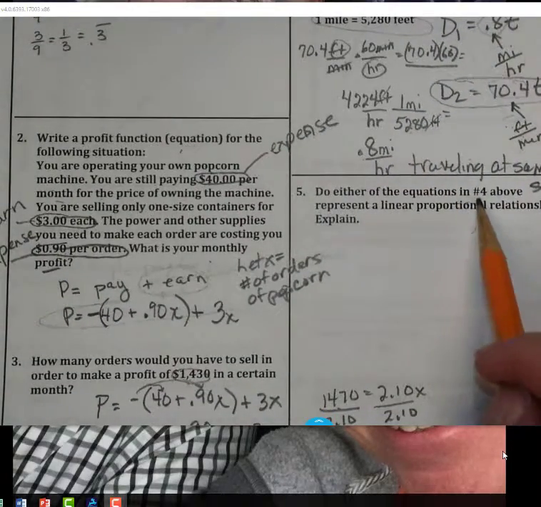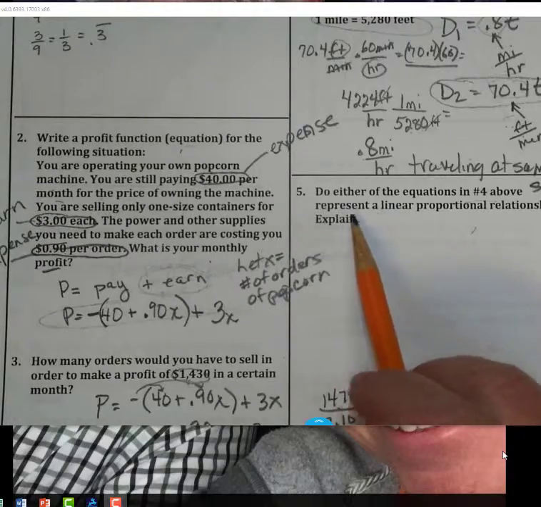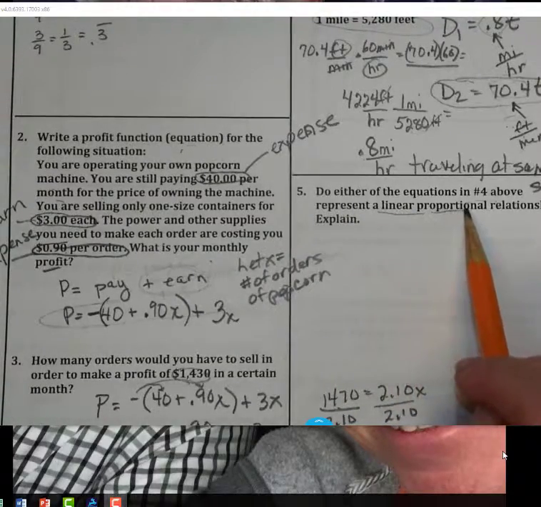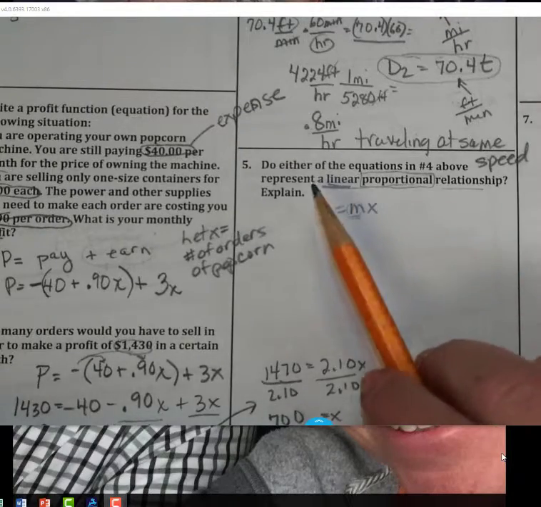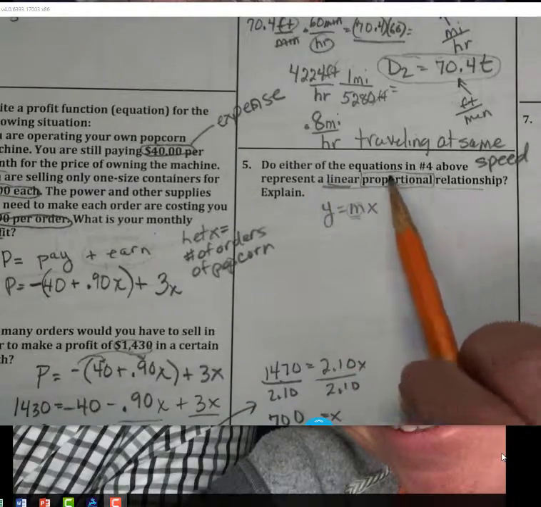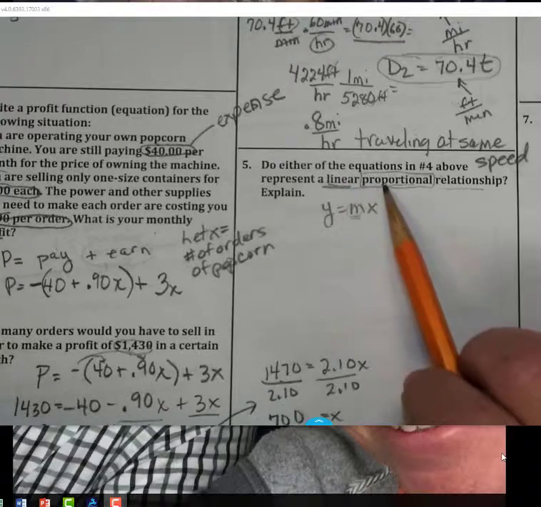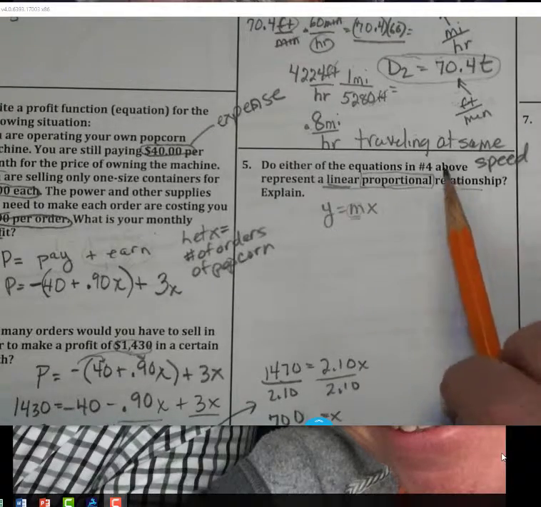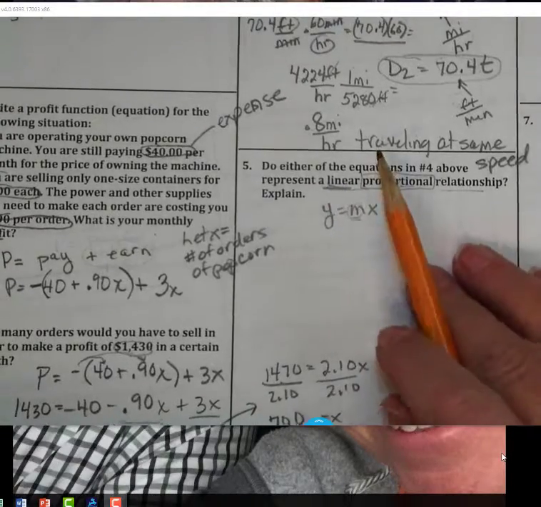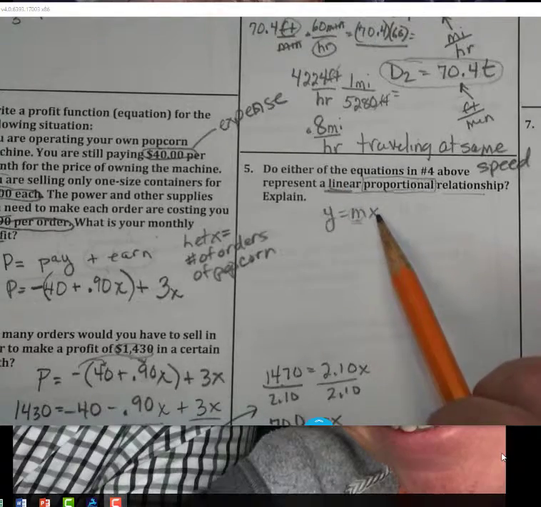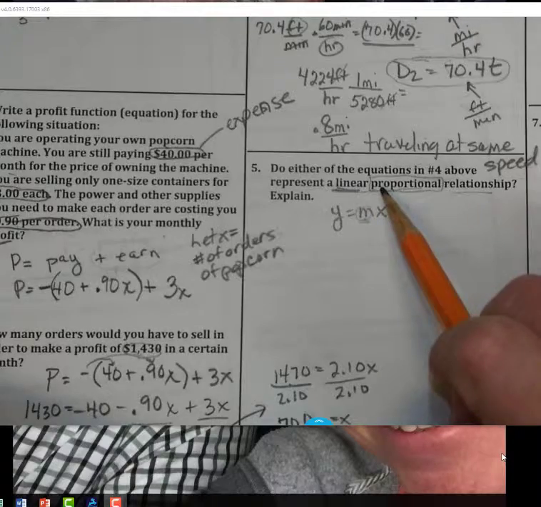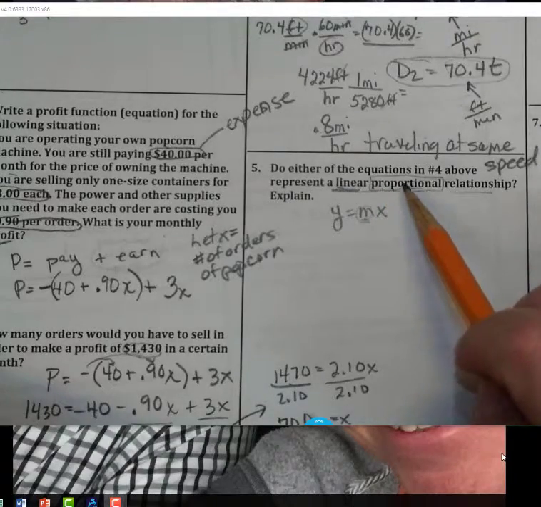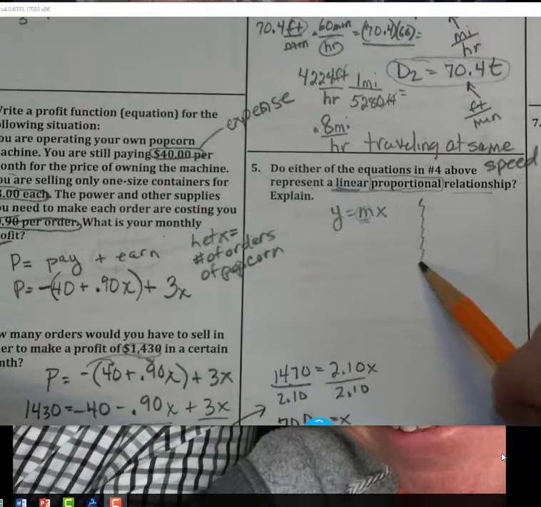Okay, number 5, do either of the equations in number 4 above represent a linear proportional relationship? Okay, so linear, both of them are in the form y equals mx. Okay, so there's a linear proportional and a linear non-proportional, and the big difference is